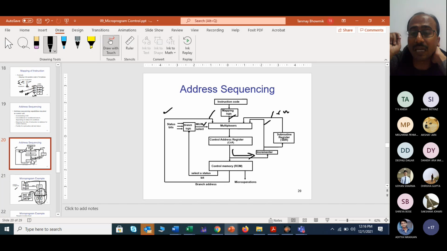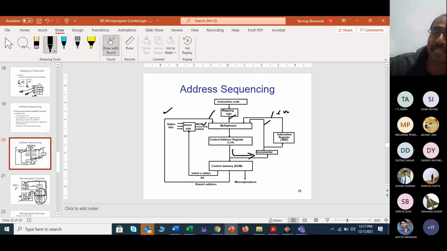Now, if you are using some kind of control memory or some kind of repetition action, or an iterative or sequential method, then some branch address will come into action. After getting this branch address, those branches will be executed again. That means this branch address can come again to the control address register. In parallel, if you are using some incrementer or some subroutine part, then from this subroutine or from this incrementing address, there may be some other input also.